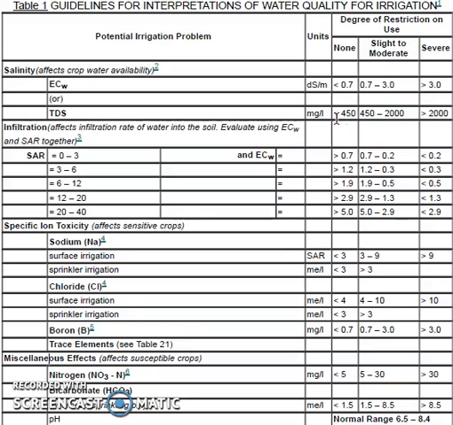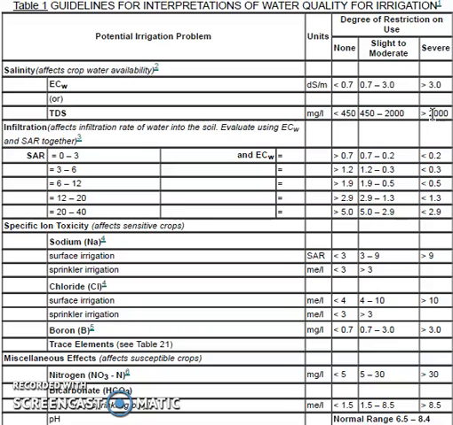So if you have salinity concentration in irrigation water less than 450 milligram per liter, then you have no degree of restriction in use. If the salinity is between 450 to 2000, then you have slight to moderate degree of restriction in use. If it is more than 2000, then you have severe degree of restriction in use